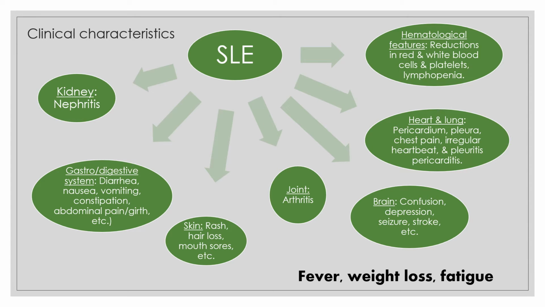The normal clinical characteristics of SLE are fever, weight loss, and fatigue. However, SLE also affects various organs in our body, like the kidney, the gastrointestinal system, the skin, the joints, the brain, the heart and lung, and other hematological features. Because of that, there are various comorbidities associated with these organs, like nephritis and some